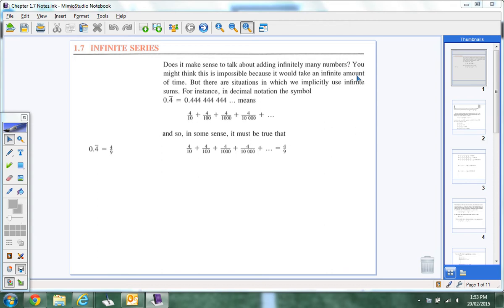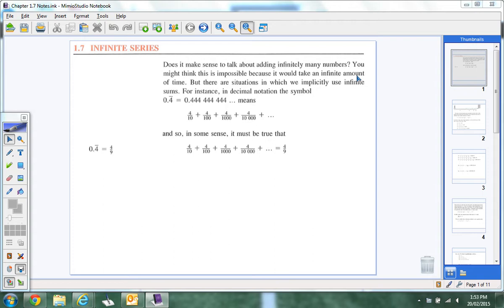We are in Unit 1, 1.7, so it's our last little section before our first unit test. Does it make sense to talk about adding infinitely many numbers? You might think it's impossible because it would take an infinite amount of time. But there are situations in which we implicitly use